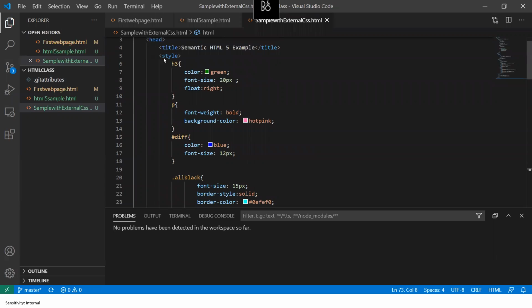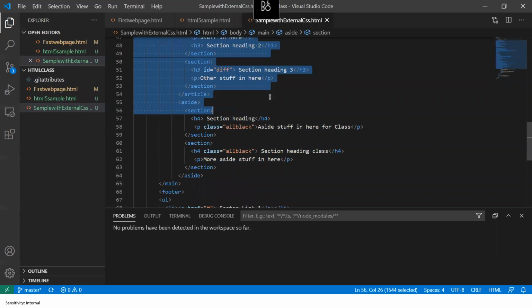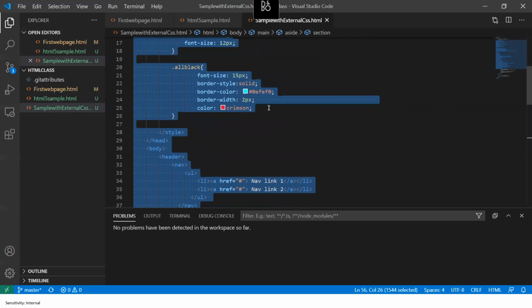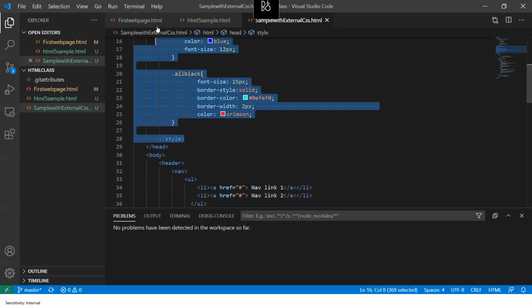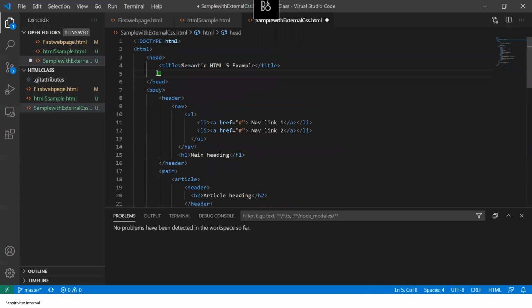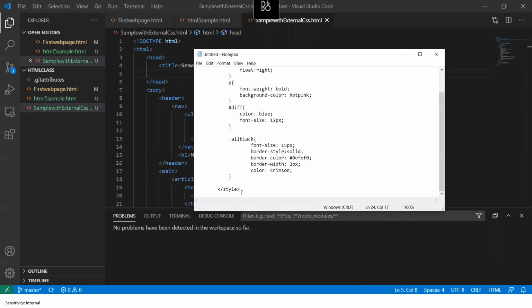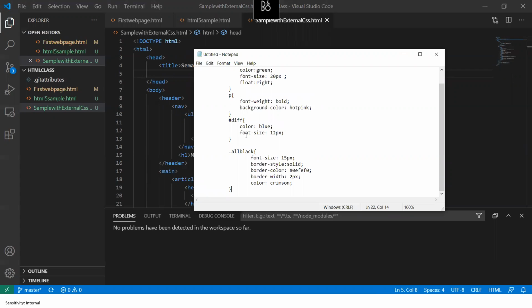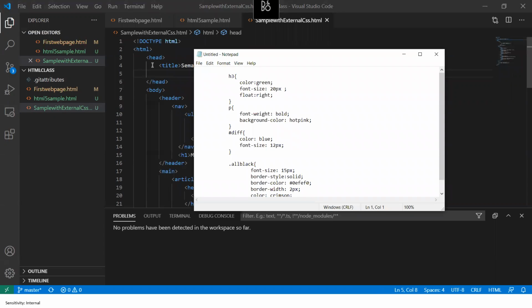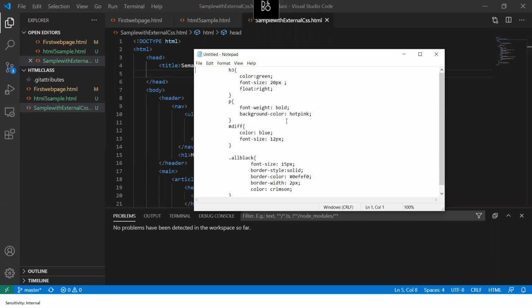So every style that I've written here, I'm going to transfer them into a new notepad. And I'll remove this style from it. Okay, so that's what I've done. Okay, so let's do this for now. So I'll save it. I'll tell you also some things we still need to modify. I'll save it,